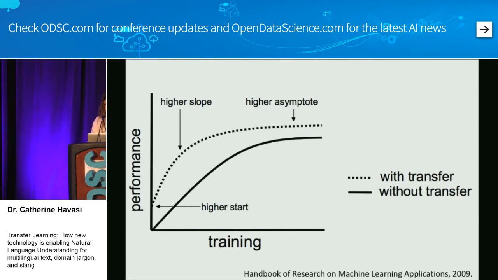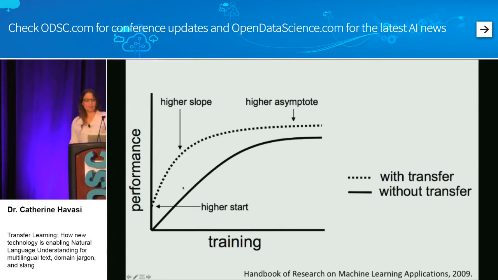If we look up here, what we're doing is requiring less data overall to get started, and we're ending up at a place that tends to be more accurate with transfer learning. So it's really great when you don't have all the data in the world, which is most enterprise cases, and really getting started earlier and getting up to that high accuracy level very quickly.